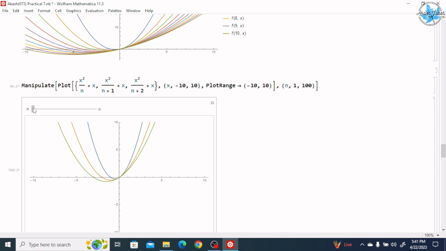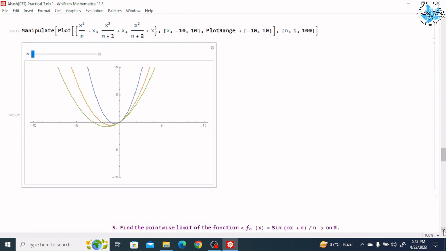And in the manipulate, when you vary from left to right, you can see the graph will change and it will converge to 0. You can see from the graph that it is converging on 0. It becomes almost a straight line. And when you move towards the left-hand side, you can see it diverge into 3, because we have taken the 3 sequence, and it will converge on 0 again. So whenever I am varying the value of n, the graph is converging at one point, that is 0. So in this way we will draw the graph of the function x square plus nx